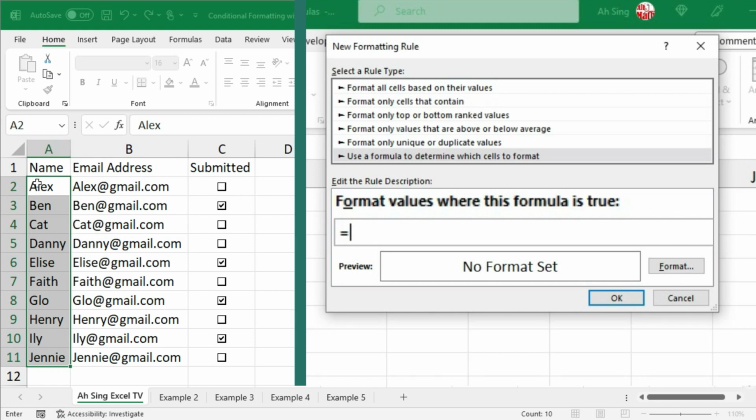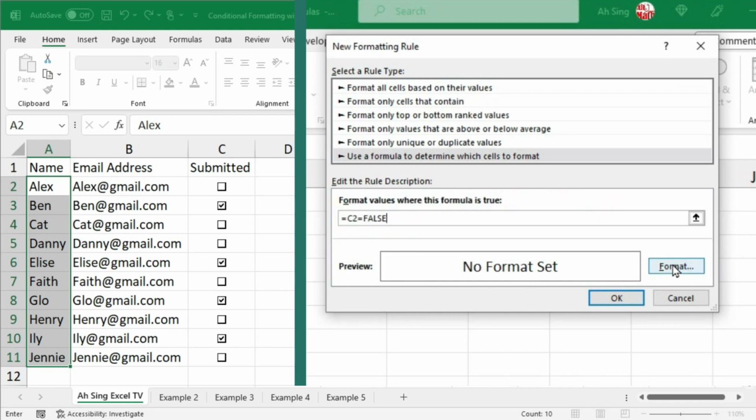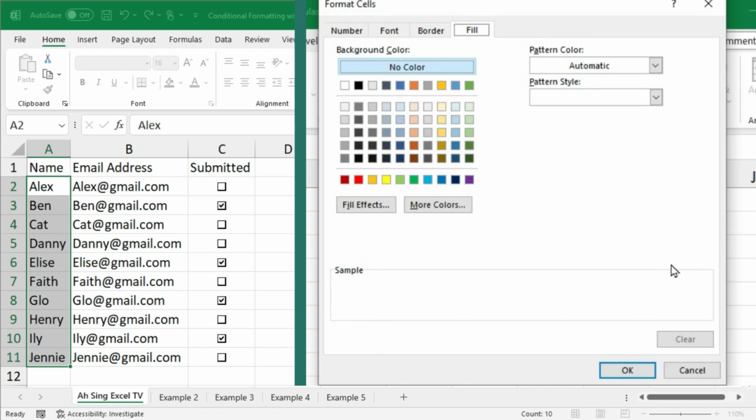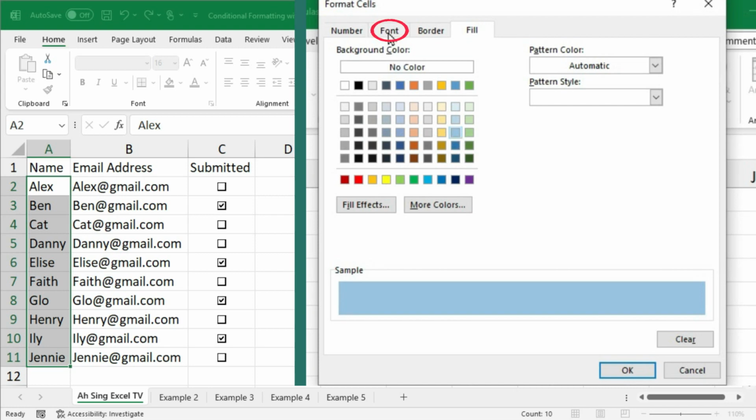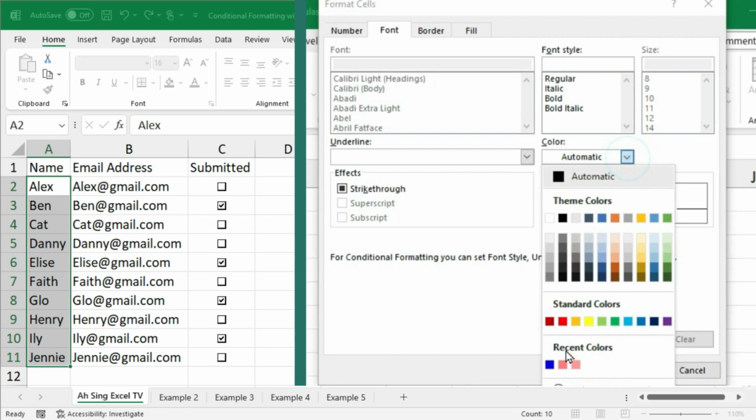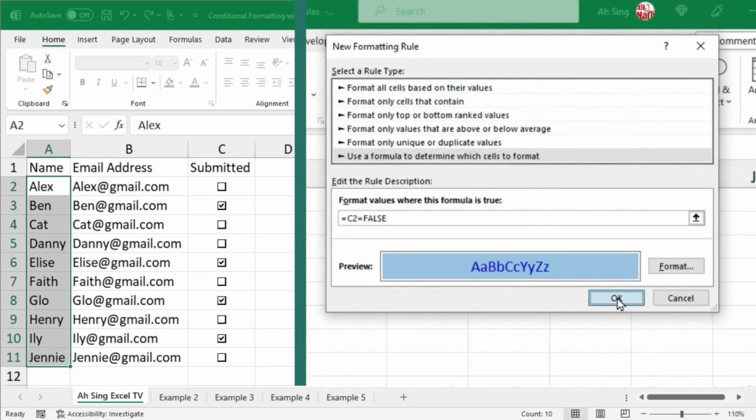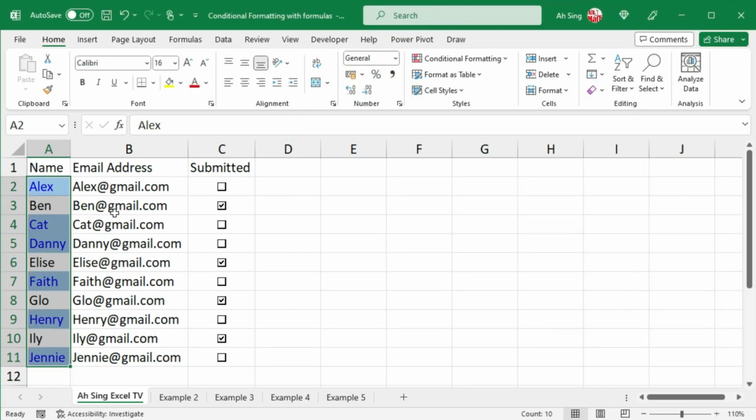For A2, we should refer to C2. So let's type C2 here. As spoken just now, we want the value that is false. So let's type it here, equal to false. Then click on Format. If you wish to change the fill color, at the Fill tab, pick a desired color. If you wish to change the font color as well, go to the Font tab. Under Color, select the desired one and click on OK. OK again, and the cells will be formatted correctly,